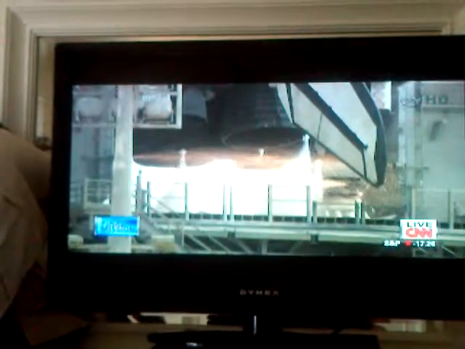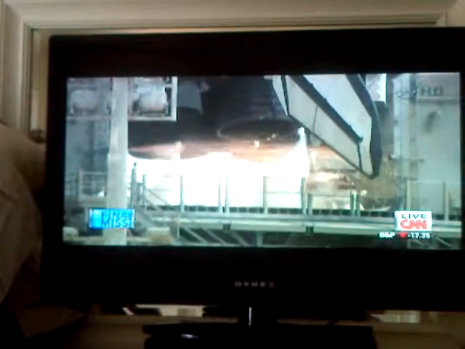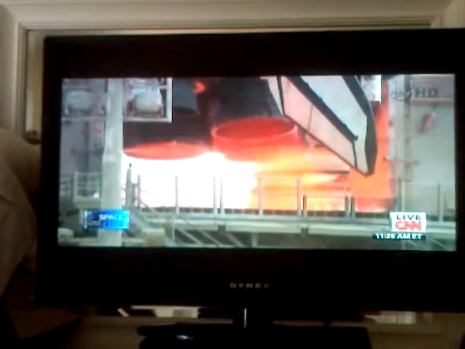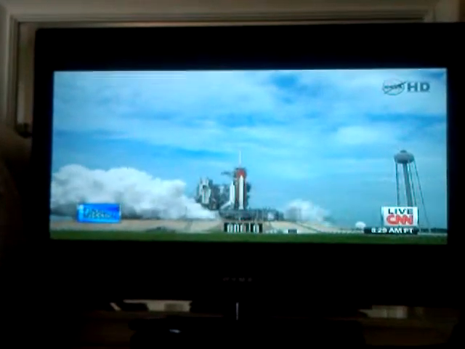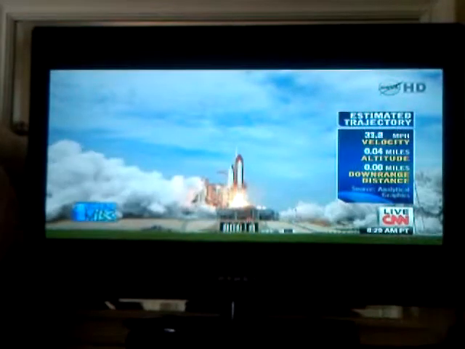T-minus 10, 9, 8, 7, 6, 5. All 3 engines up and burning. 2, 1, 0, and lift off. The final lift